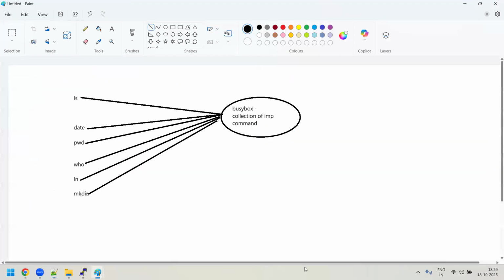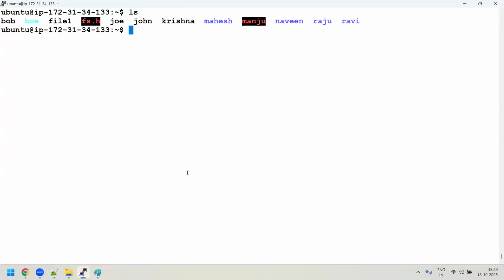So if you go to the system, let me remove all these files. I'll just say rm -rf. I'll come to this command later. rm with -rf, recursively and forcibly. R means recursive, F means forcibly. You are removing everything, that is star. Enter. When you do an ls, you can see all files are removed.